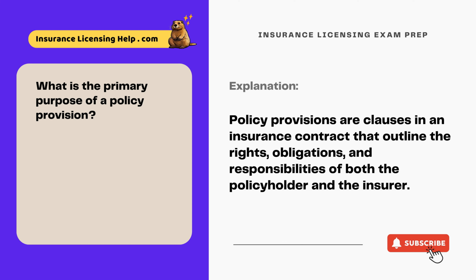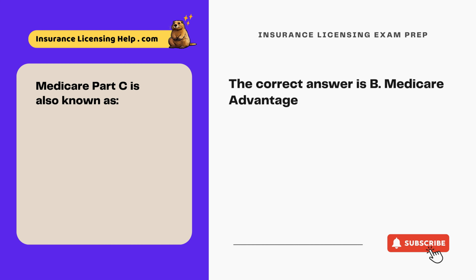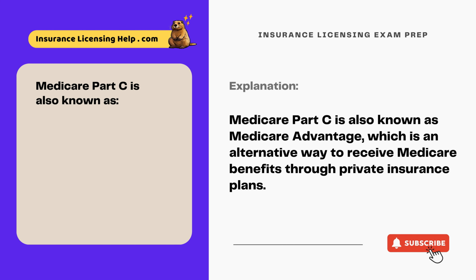the insurer. Medicare Part C is also known as A. Prescription drug plan. B. Medicare Advantage. C. Hospital insurance. D. Medigap. The correct answer is B. Medicare Advantage. Medicare Part C is also known as Medicare Advantage, which is an alternative way to receive Medicare benefits